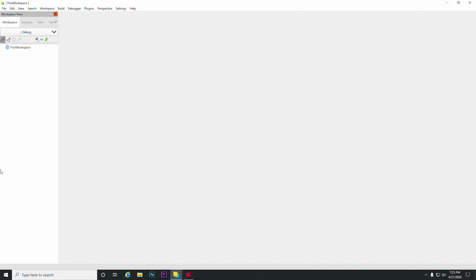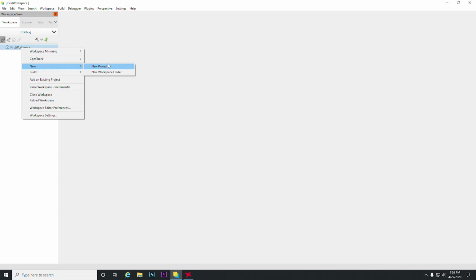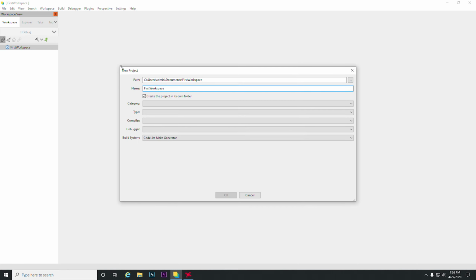Now you can see on my left I've got my first workspace. You can consider a workspace as just a holder for the projects. If we want to create a new project, we need to right click it, choose new, and then new project. A new window pops up. This is really very important: you need to make sure that you don't put any spaces while naming your project or any international characters, or you might run into some errors. For this I'm just going to name it project 1. Always check this box because it really saves us a lot of hassle, as I told you earlier.